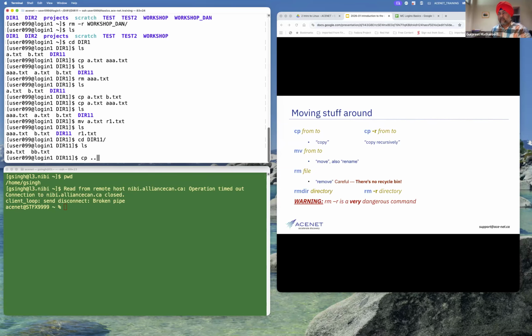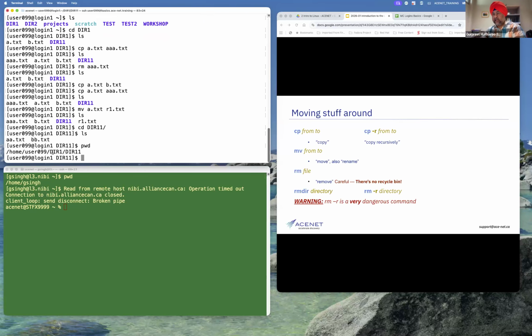So cp, I'm trying to copy from one directory up. With pwd, my file r1.txt is sitting in dir1, and I am in dir11. Let me copy from one step up.